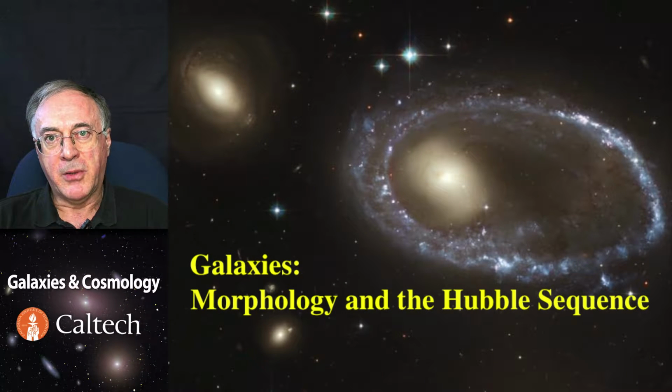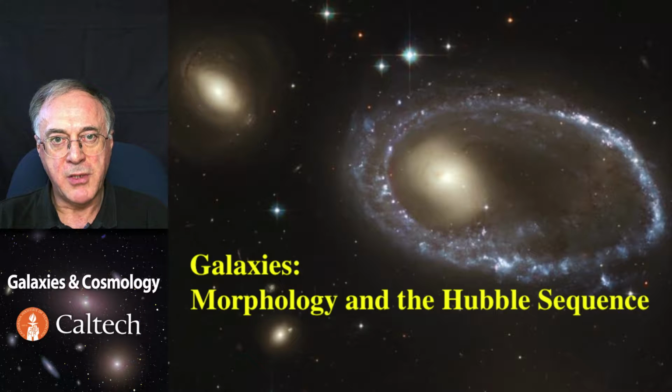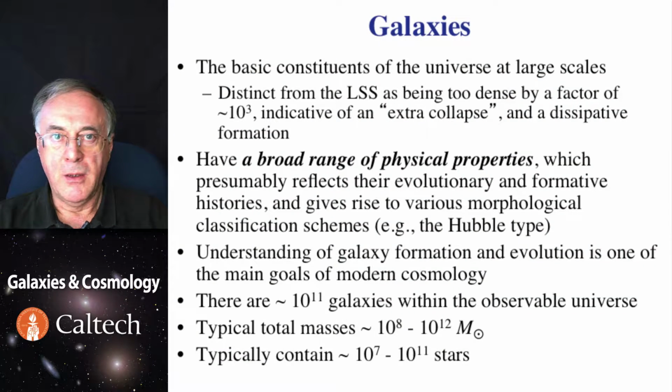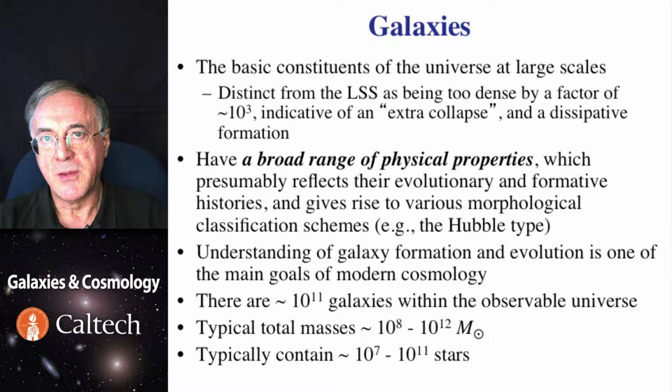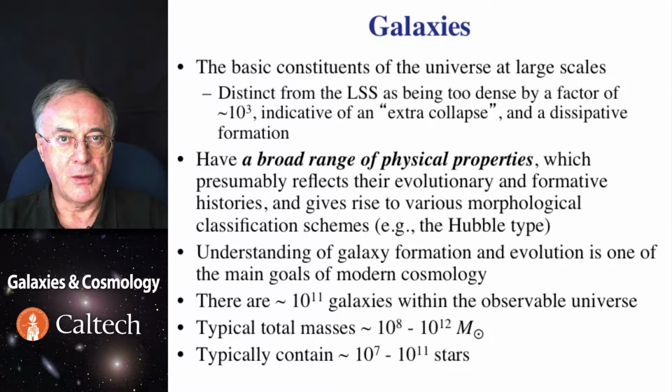We now turn our attention to galaxies. First, we'll talk about morphology and classification. You can think of galaxies as the basic constituents of the universe, obviously distinct units when you look at the sky. And the reason for that is that they're overdense by a factor of 1,000 relative to the extrapolation of their large-scale structure. And as we covered earlier, this is due to the additional collapse due to the cooling of